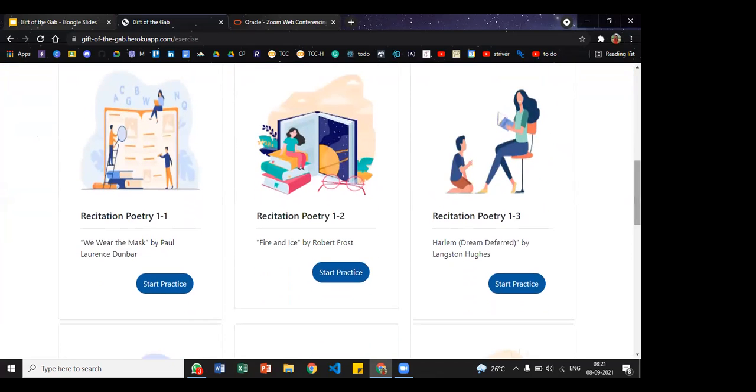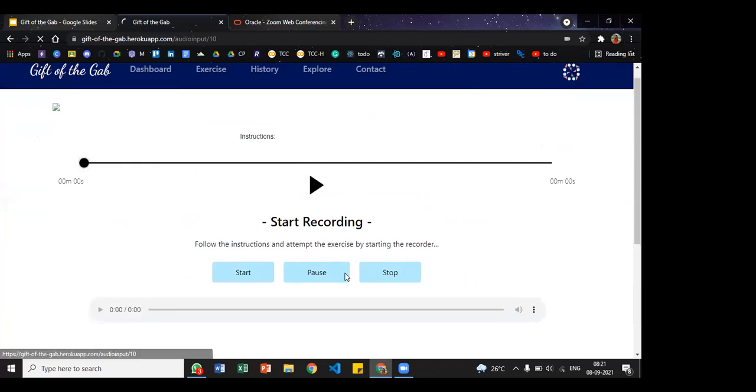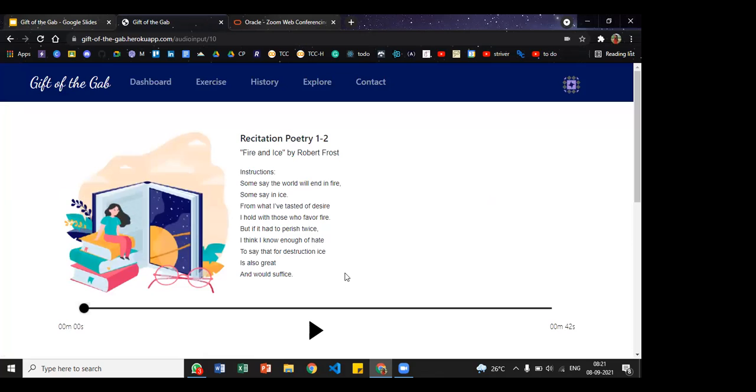Okay, randomly we will choose one exercise. This is a poem by Robert Frost called Fire and Ice. If I play this,